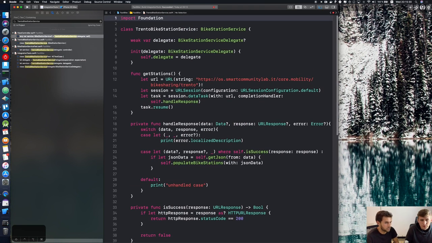And for example, in here, we are making explicit what the side effects are, or what this service is doing, because it's delegating the bike stations to another object. So we shouldn't need to care what